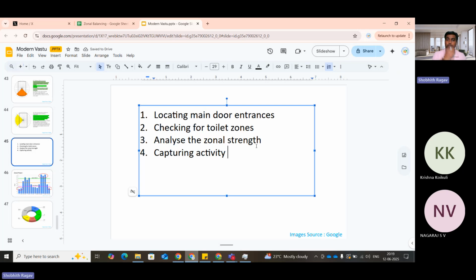Okay, so the fourth step is you have to capture the activity as per zone, whether it is a kitchen or a drawing room. All these you have to capture. Fifth step is,